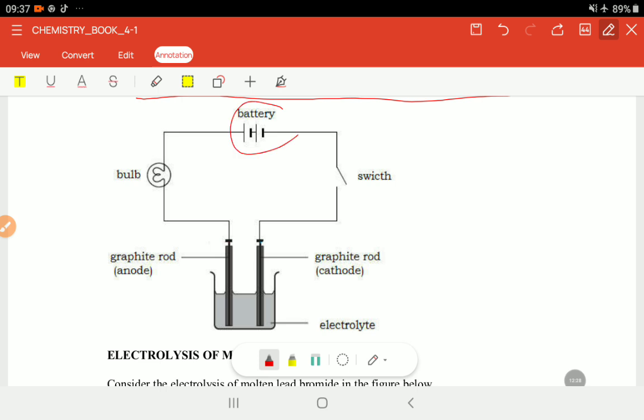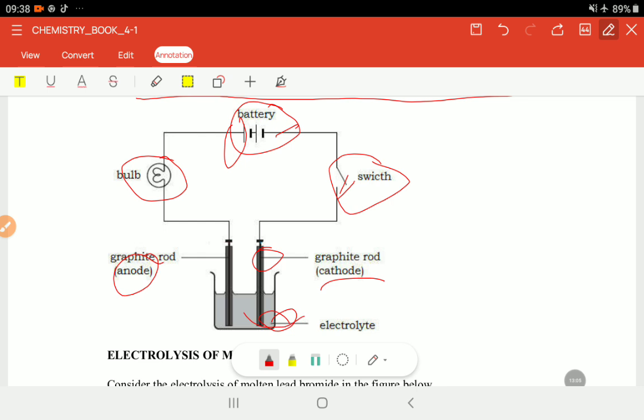So we have the battery, as you can see here, right? And then we have the switch, and if you were to close the switch here, it means the current starts to flow. Okay, once it starts to flow, we see the bulb lighting, which shows that this electrolyte indeed is decomposing, indeed is conducting electricity, right? And these are the graphite rods, as you can see. Okay, this one is connected to the negative terminal, that's why it's called a cathode. And then we have this one that is connected to the positive terminal of the battery, that's why it's called an anode. And this is the electrolyte, as you can see, and it's in this